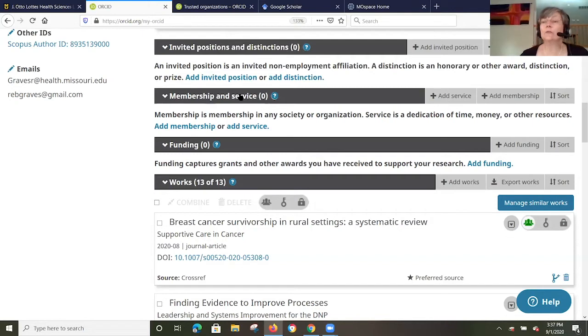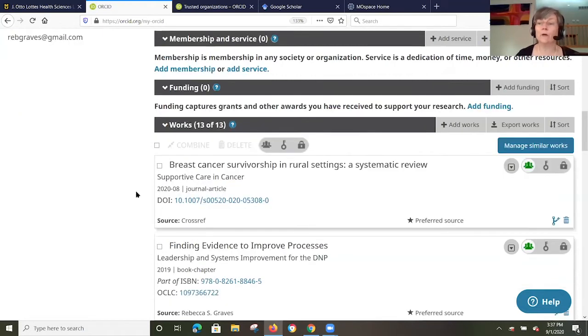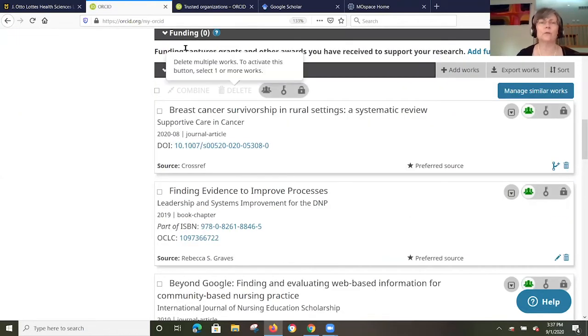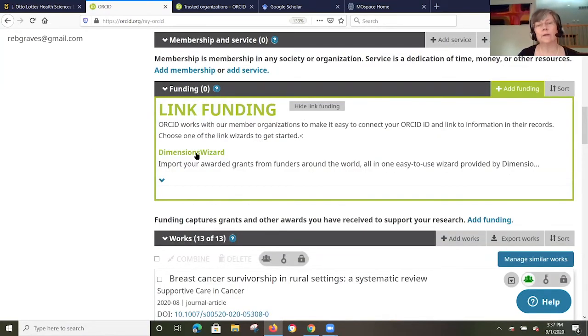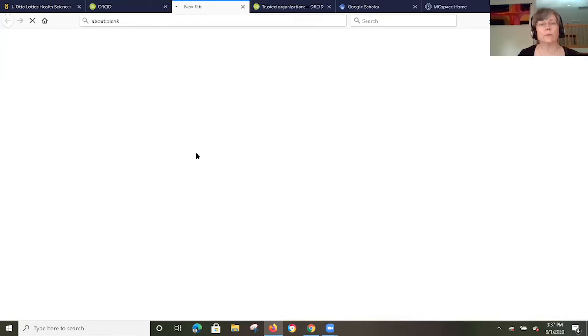Some of these sections you will have to do manually, such as membership and service. That would require some searching program on the part of ORCID to be able to scour the web and find that for you, but other pieces can be at least semi-automated. So for example, the funding, if you click on add funding, they have a Dimensions wizard. So if you look at that,